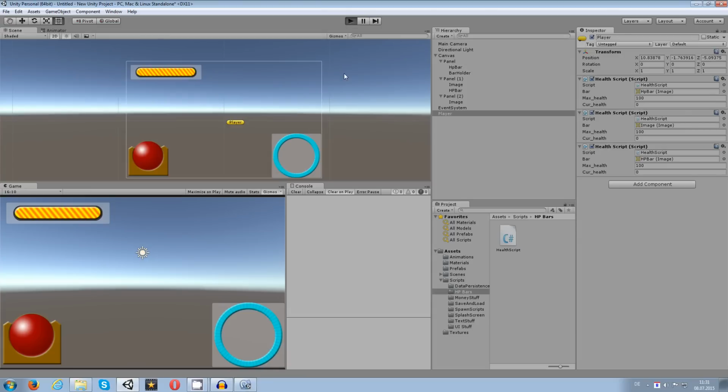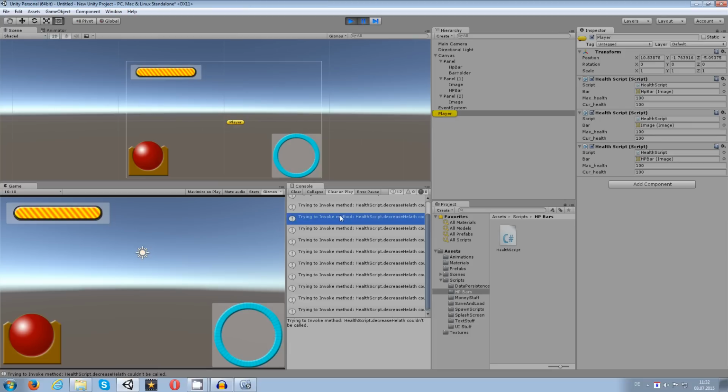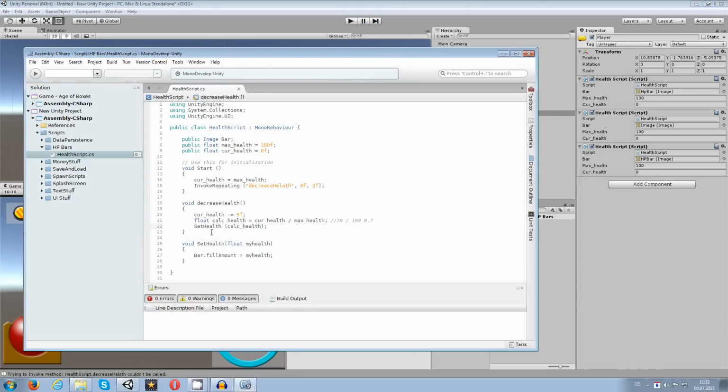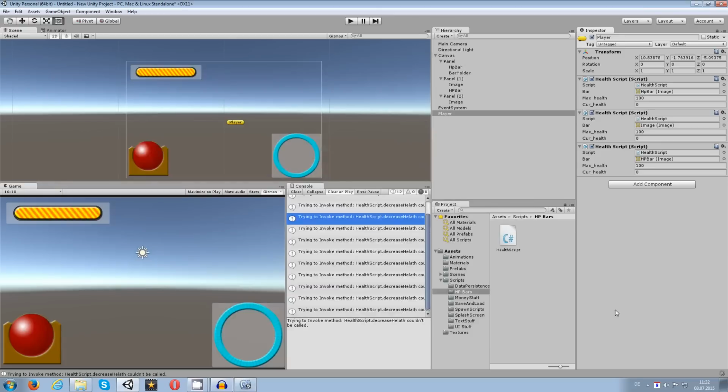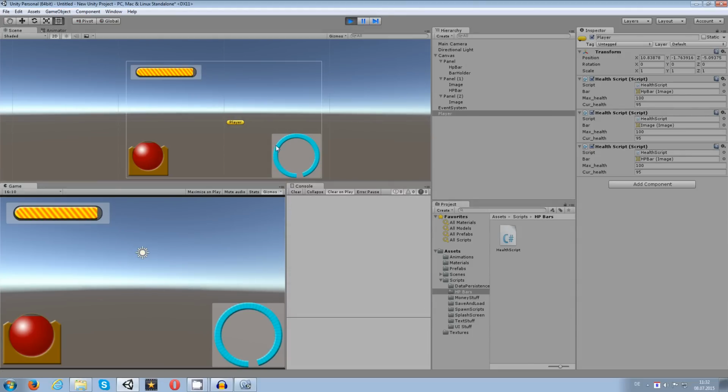So if I start the game, then I should be able to see, trying to invoke. Couldn't be called. Health script.decrease. Oh yeah, a typo. There it is. Decrease health. And save this one once again. Let Unity compute all that stuff. There we go. And try again. And there we go. So, all HP bars, this one is going to be down, this is the radial way,